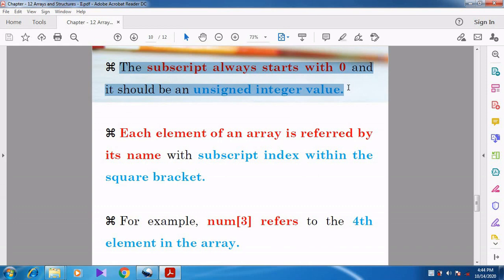Signed means it can be negative. The index will not be a negative number. That is, the subscript will not be a negative number. So the subscript starts with 0 and it should be an unsigned integer value.